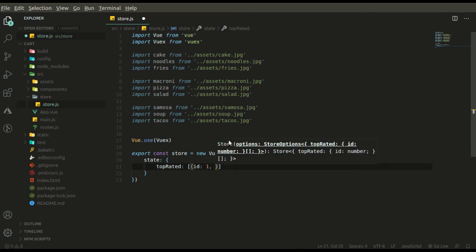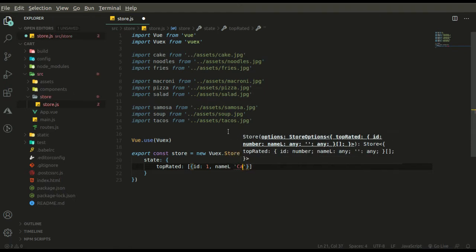Okay, so our object will have an ID prop. Our object will have 6 properties. Let's write them down.